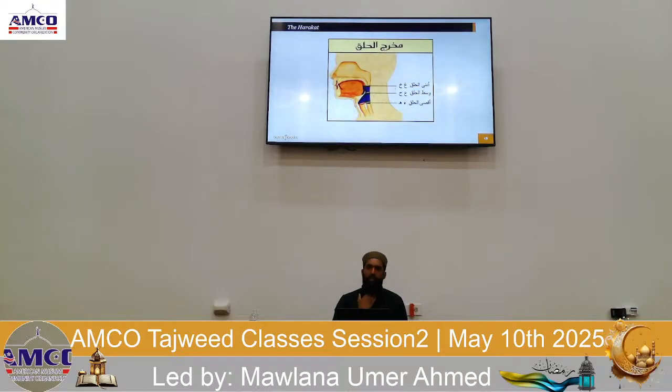Next, above that is Ayn and Ha. Ayn and Ha have the same makhraj, so they sound similar. A, Ha, A, Ha, I, Hi. They sound very similar, but Ha has more air. The middle of the throat, yes. The deep part of the throat is the ha. So the middle of the throat is ha and a.